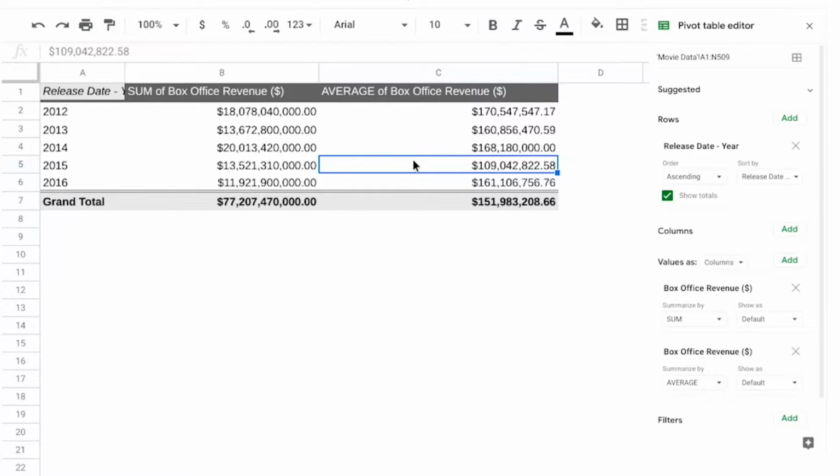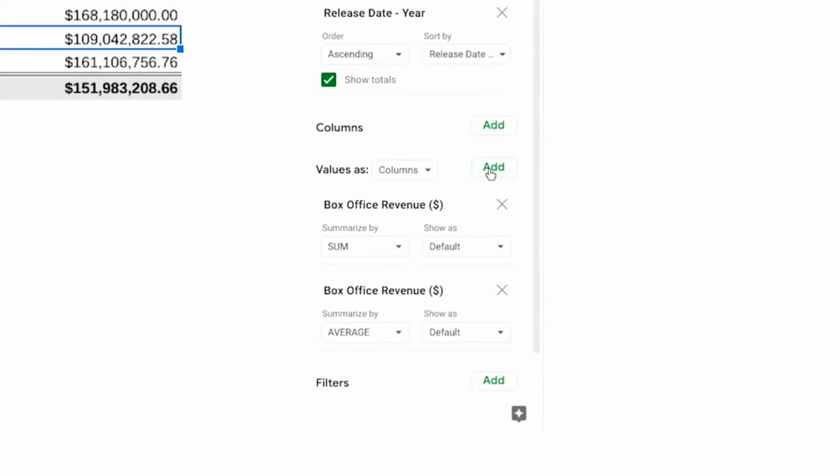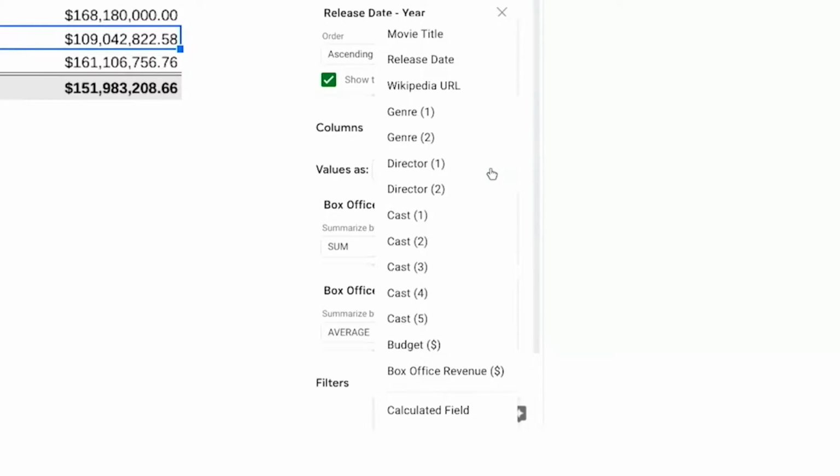When you're in your job, you want to answer the questions that your managers and stakeholders ask, but you also want to answer the ones that come up while you're doing your analysis. So let's try to figure this out. First, we'll note how many movies from each year were included in the dataset. We'll add a new value and use the count function this time.